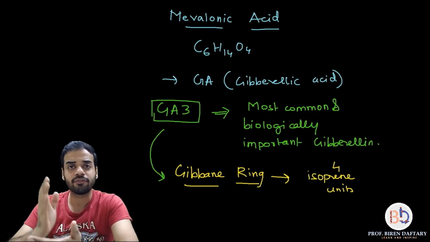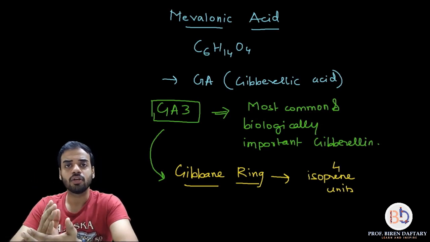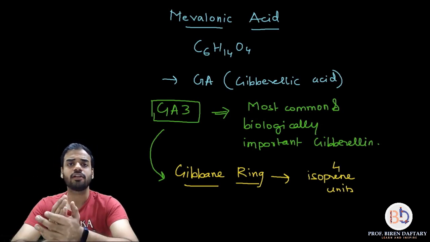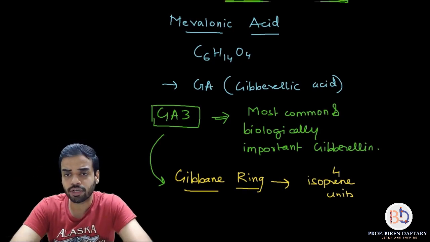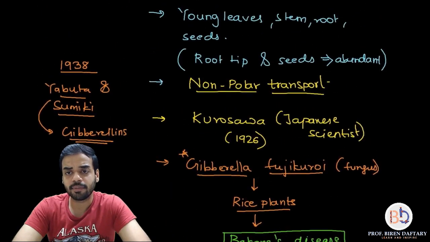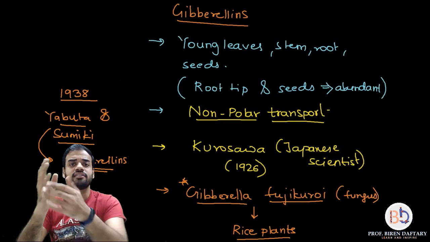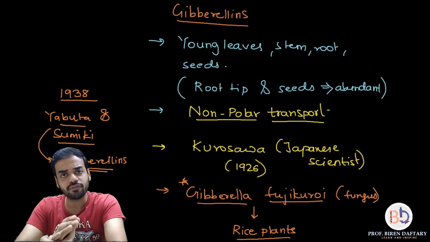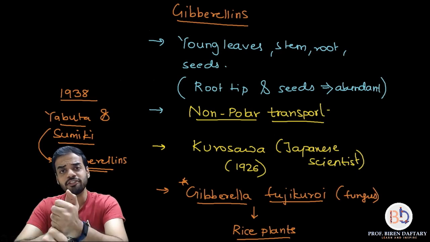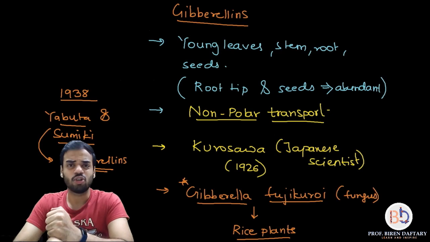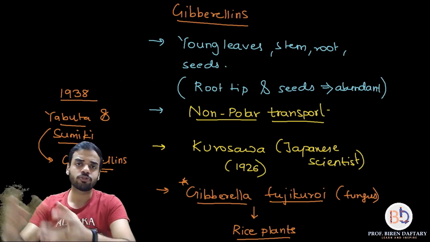I hope everything that I have done till now is clear. Let us revise whatever we have studied up till now about gibberellins. Going to the top again, gibberellins are basically growth hormones, correct? These are growth hormones which are like auxins, however they are slightly different from auxins. In which way? Normally they cause the growth of stem, not the root, whereas auxins cause both the stem and root to grow.